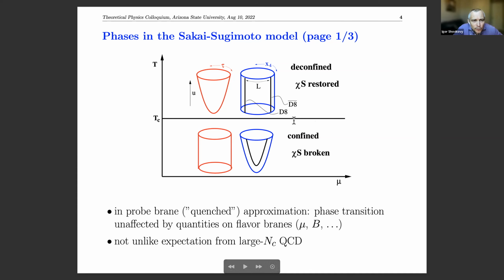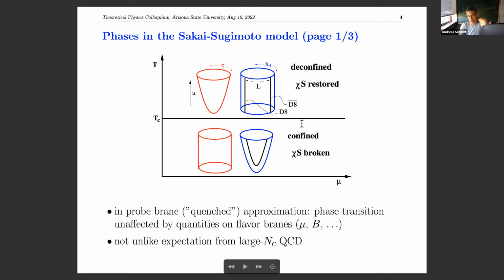I forgot, what exactly is representing confinement, deconfinement in these pictures? It's not trivial to see from this plot. What happens is, if you separate two quarks in the boundary, you look at what happens in the two different geometries, and then you see the confined potential in one case, the deconfined in the other one. So it's not obvious. From the picture itself, you cannot immediately tell unless you consider exactly. You would have to know a bit about other holographic models where it's really quite similar, but it's not so obvious to tell.